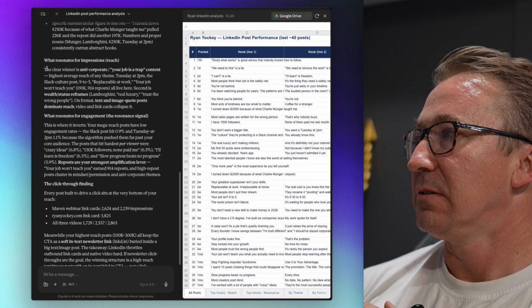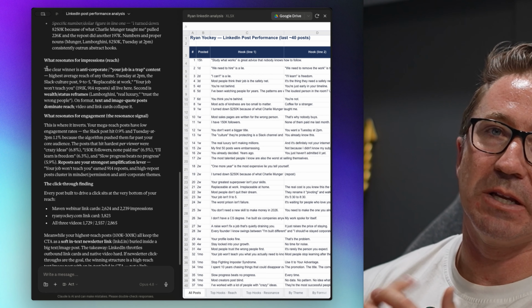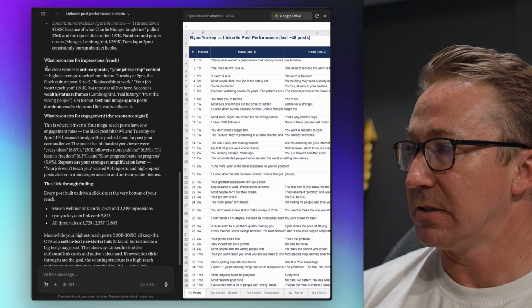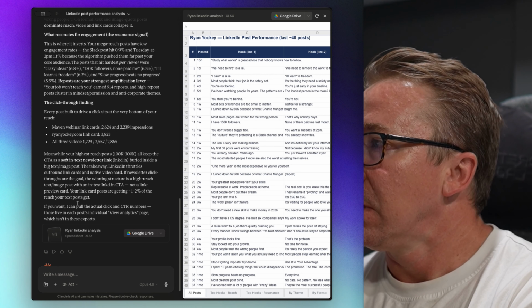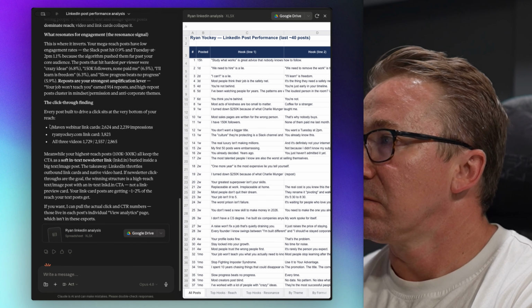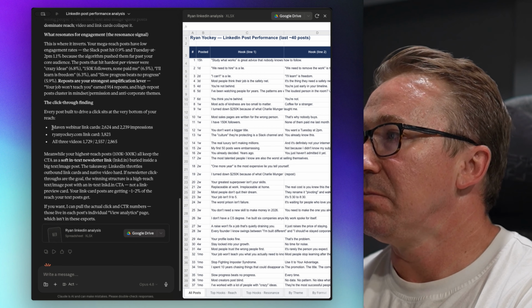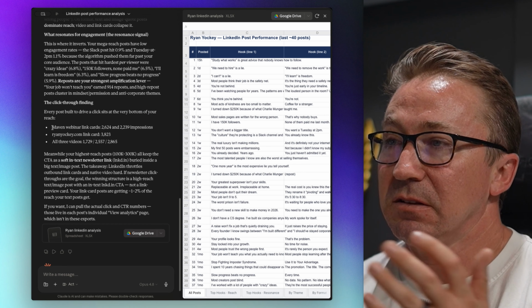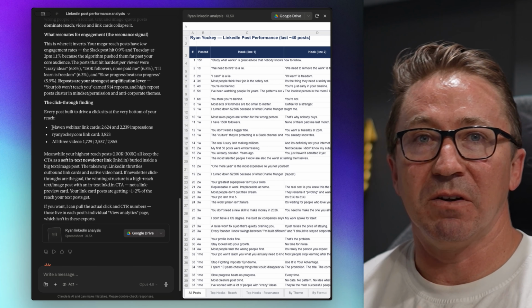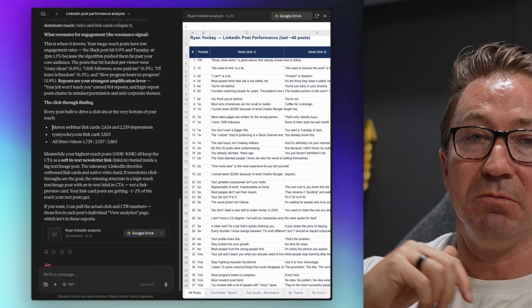Wealth and status, text to image quotes. That's just like my bread and butter on LinkedIn these days, but it does do well. Click-through findings, right? So you can see some of the posts that may not have a ton of impressions, but they get a lot of click-throughs. Is like I'm running a Maven course,